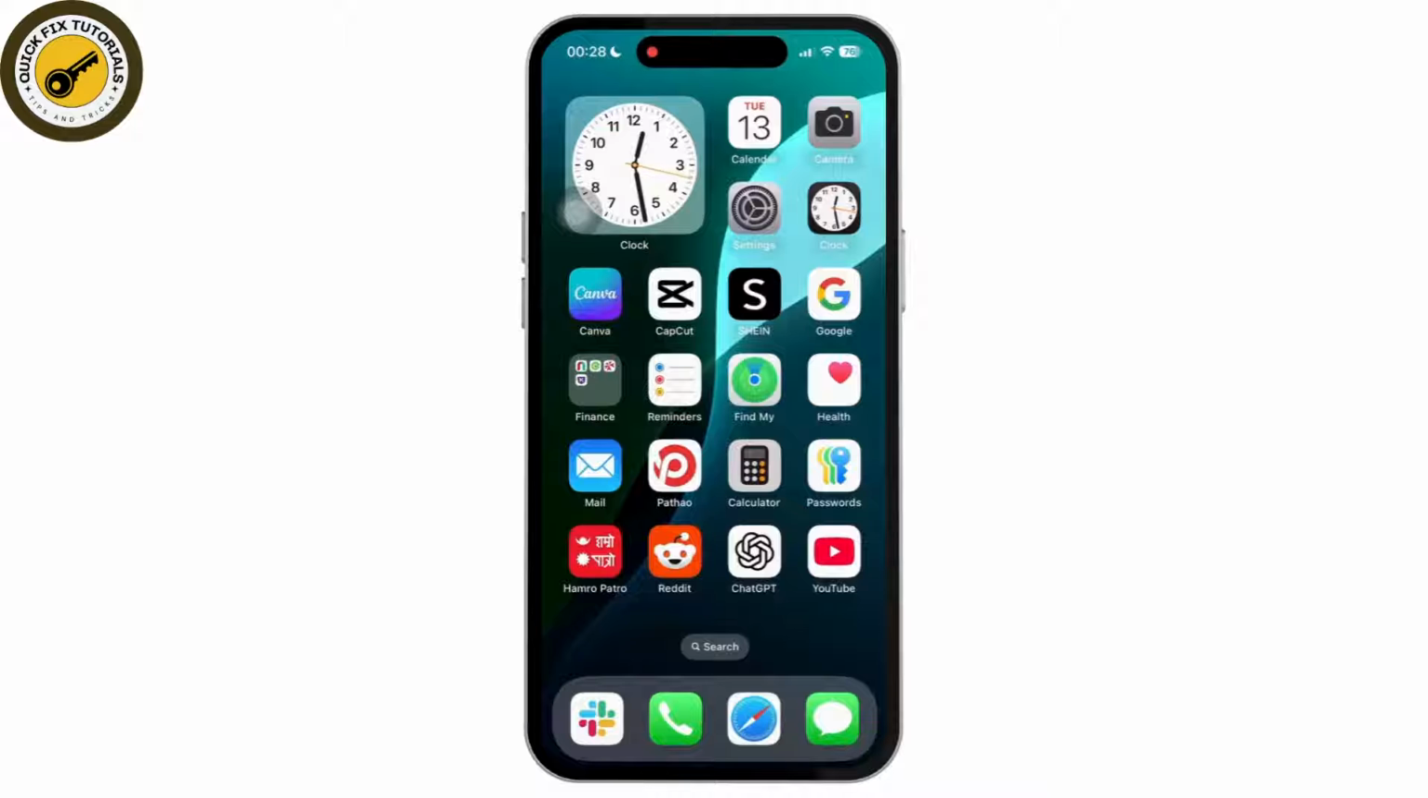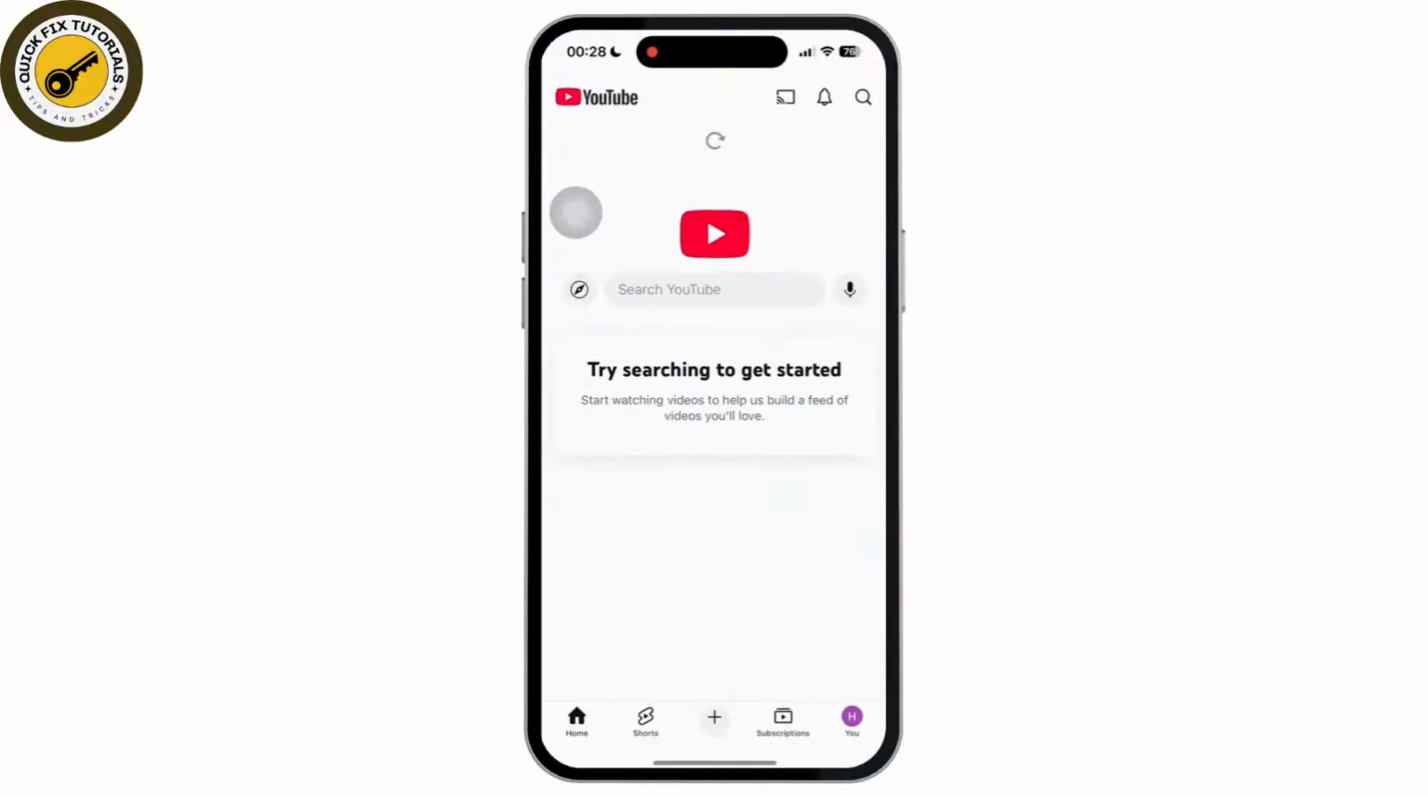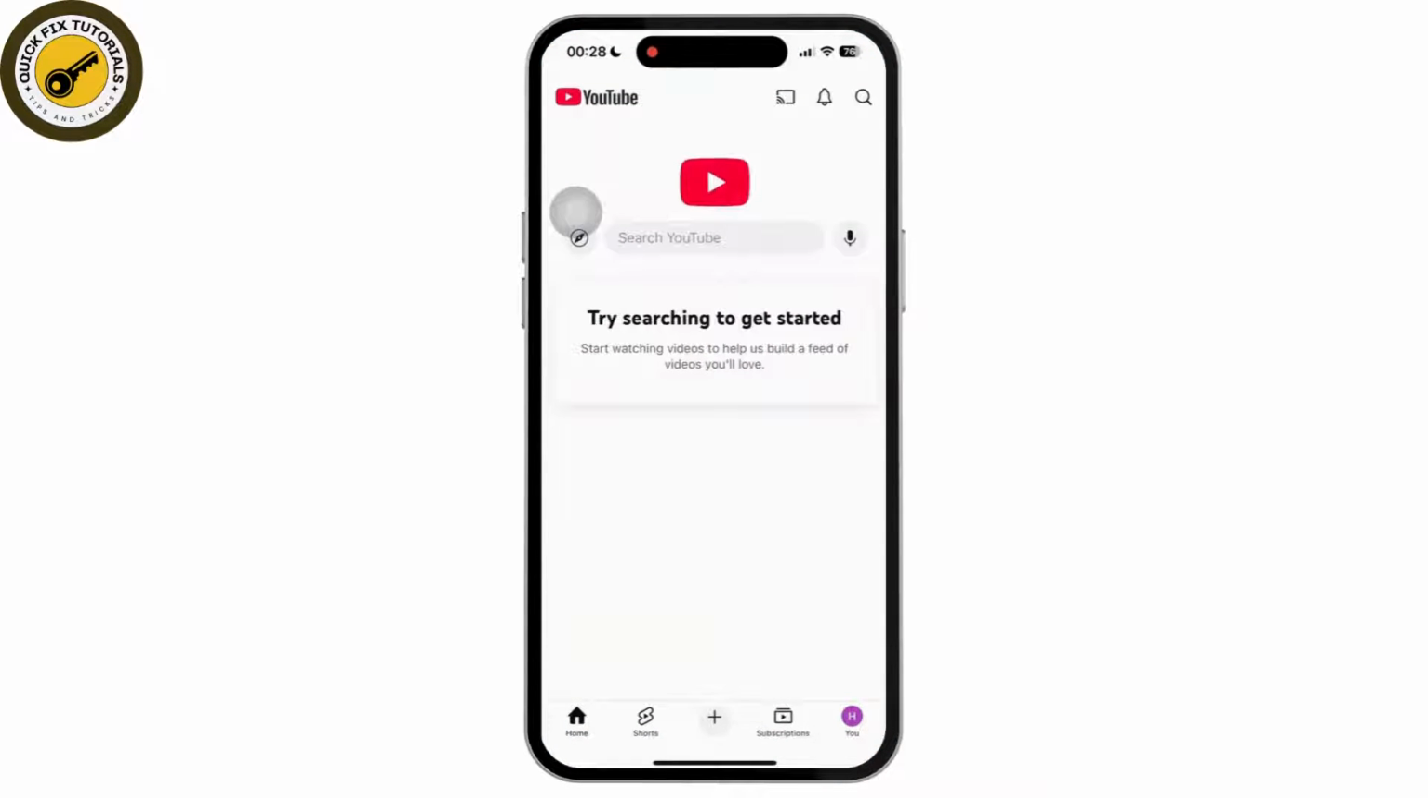So let's get started. First of all, find the YouTube app on your mobile device and simply tap on it, and also make sure that you are logged into your YouTube account. Now, once inside YouTube, tap on your profile icon in the bottom right corner of your screen and navigate